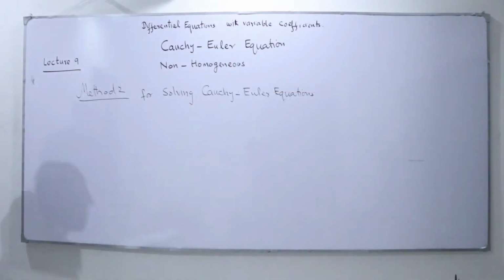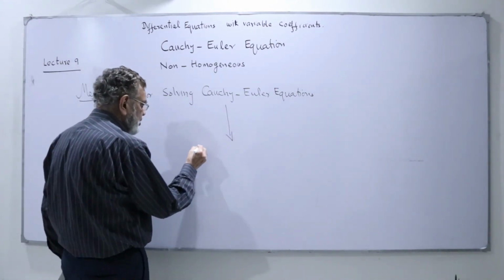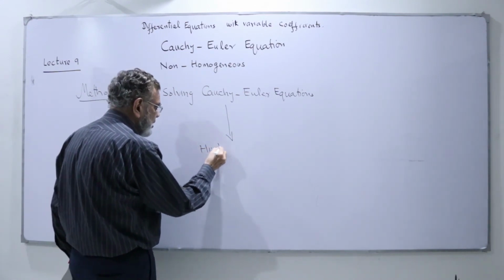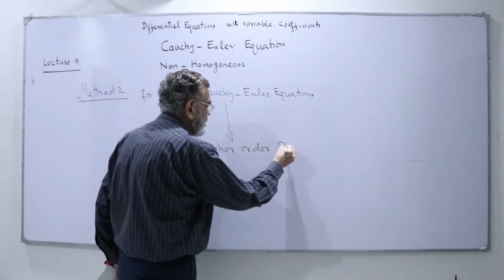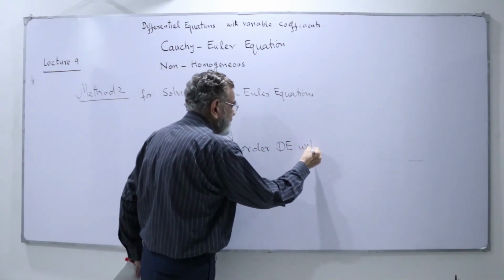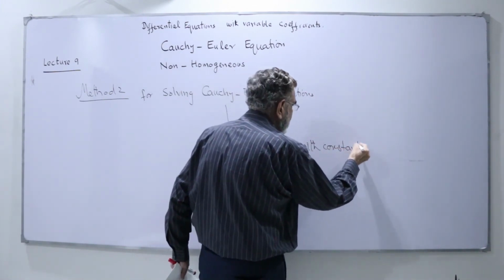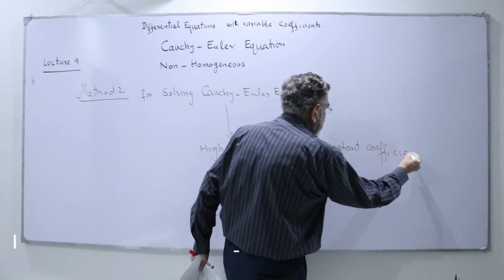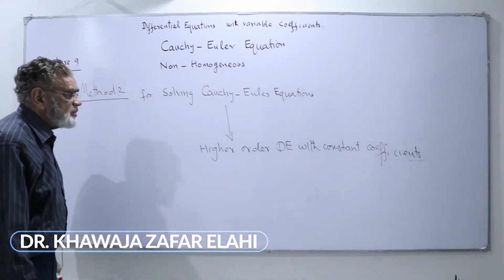I'm going to give you the second method for solving the Cauchy Euler equation. We transform this Cauchy Euler equation to the equation with constant coefficients, a higher order differential equation with constant coefficients. It's very interesting. Some of the books are only giving this method, that we shift this one to the constant